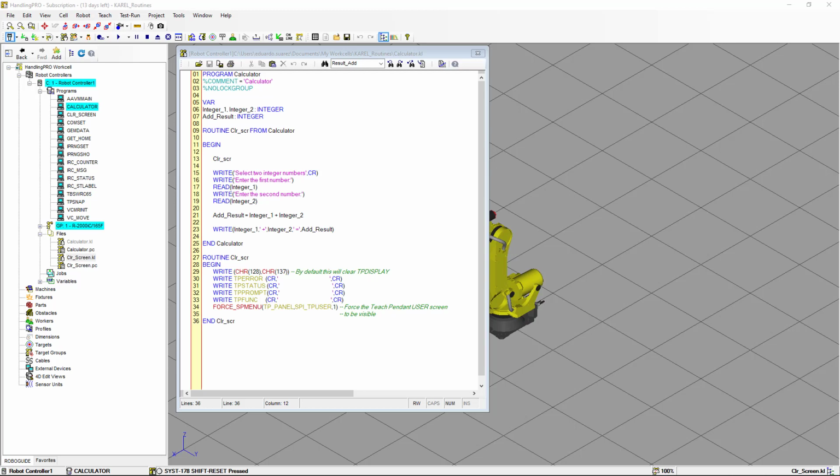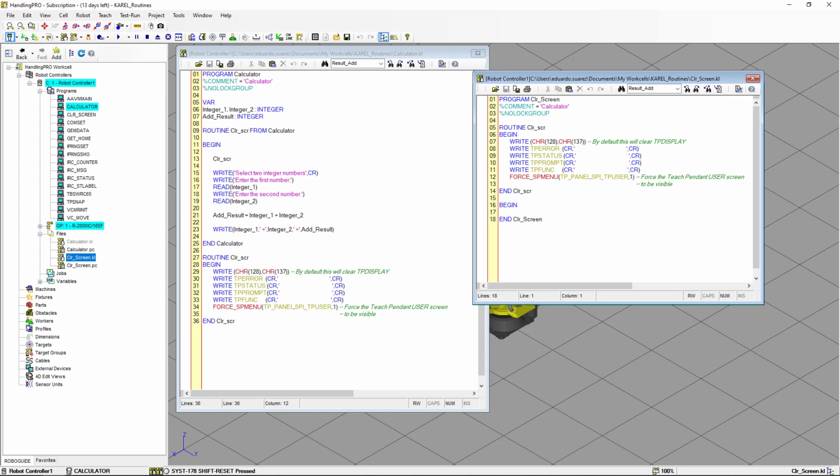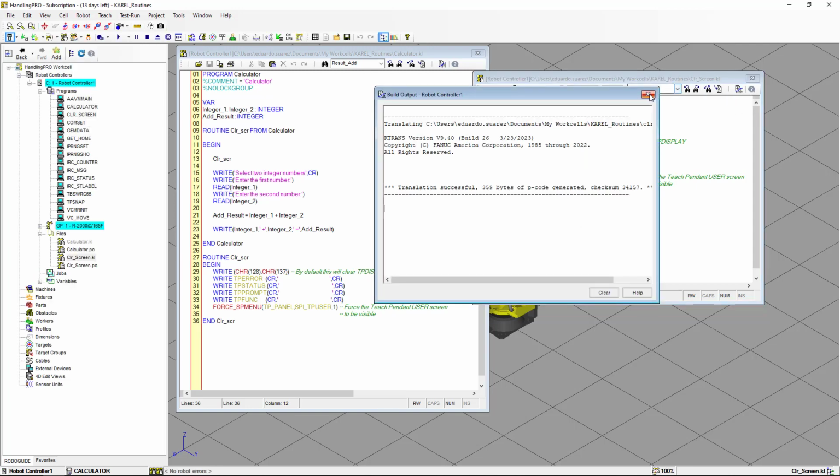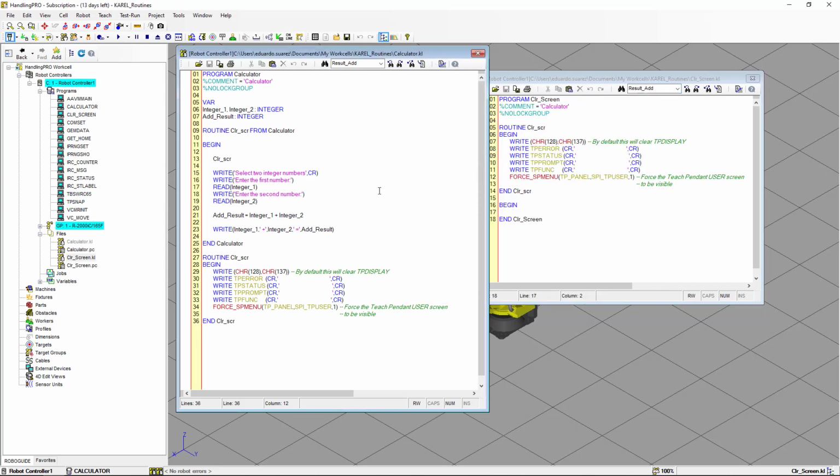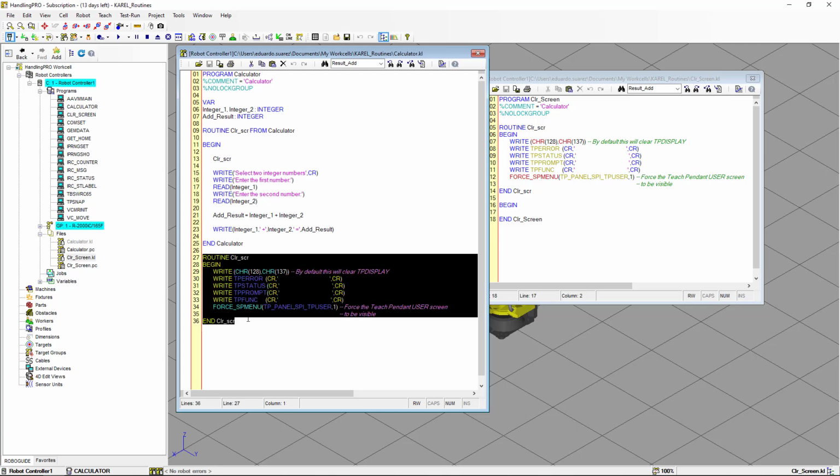We're going to declare the routine in another program, and we're going to call the routine from that program. I'm going to create another KAREL program. I call it clear screen, and notice that I moved the routine to this program, and on the executed section of the program I don't have anything. So the only purpose of this program is just for declaring the routine. So we're going to save it, we're going to build it, and now what we need to do, calculator, we're going to delete this one from here,